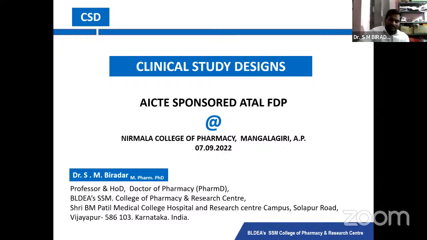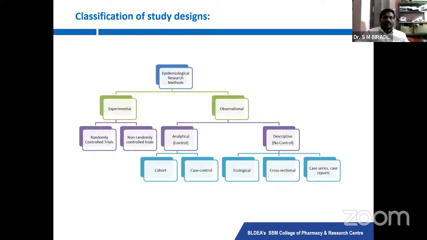Today I am directly going to start the session. The first topic, I have been given two sessions. One is clinical study designs and ICH and GCP guidelines. In this first half, I am going to cover the clinical study designs. So first of all, we know what clinical study designs are. Most of the time, you might be knowing, whatever study we carry out or see in our literature survey, different kinds of study are available.